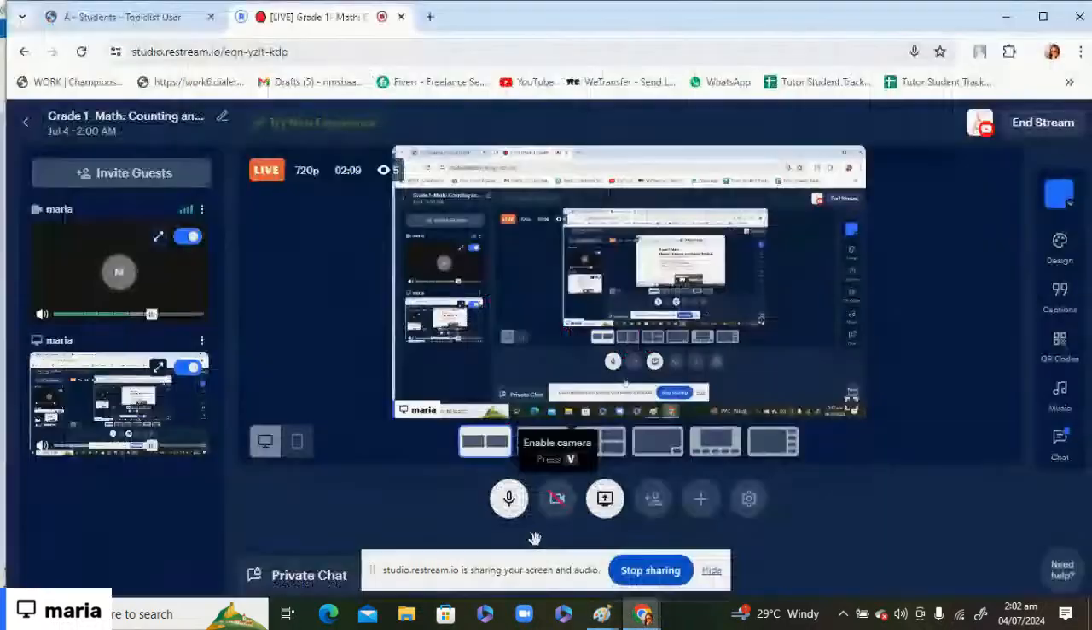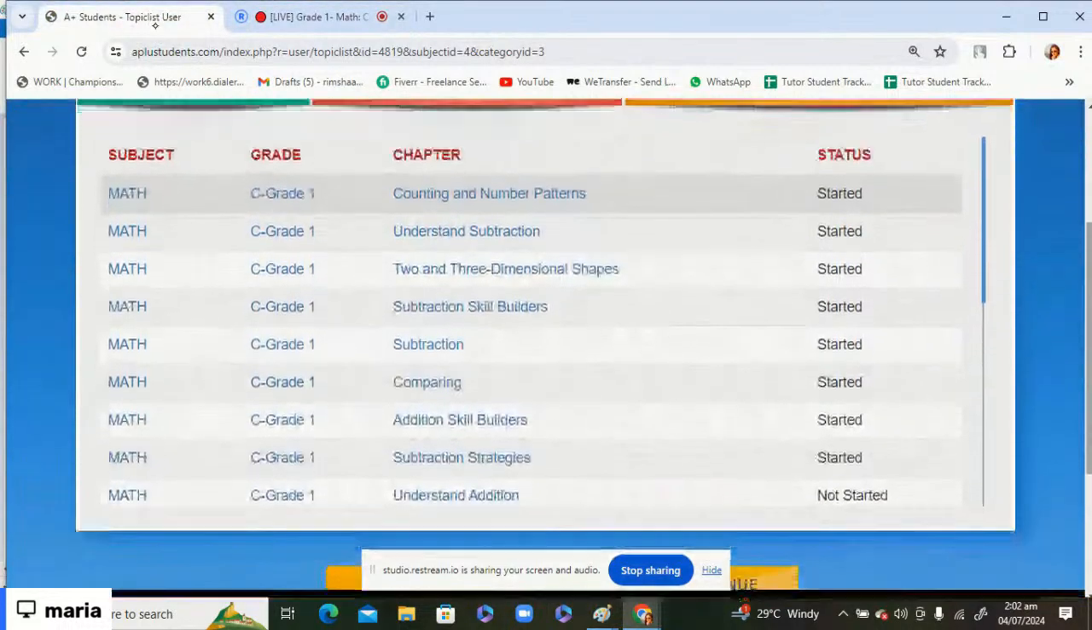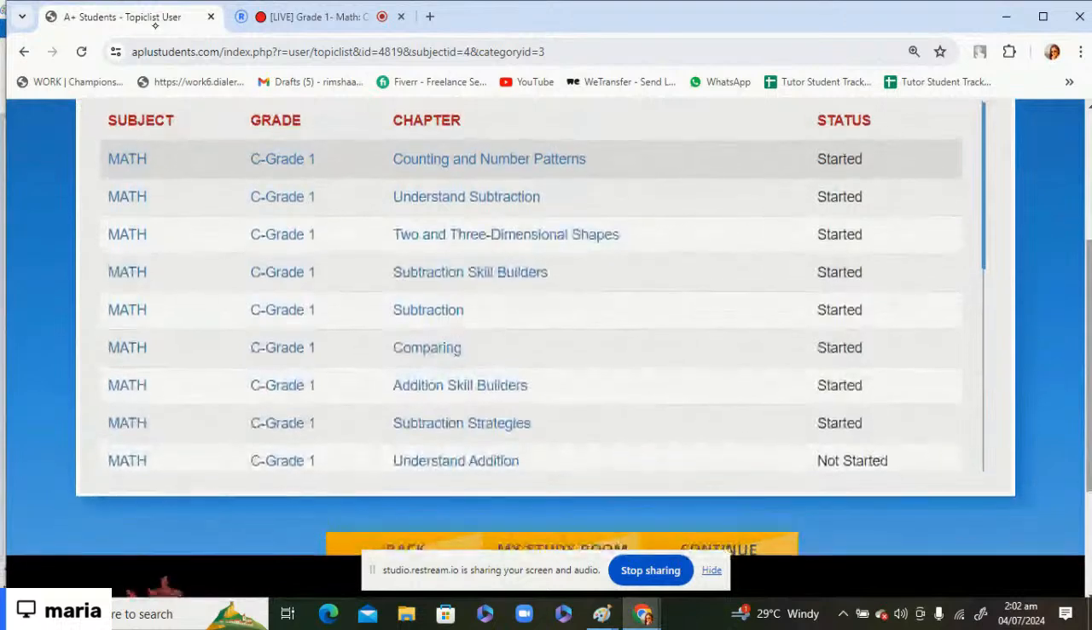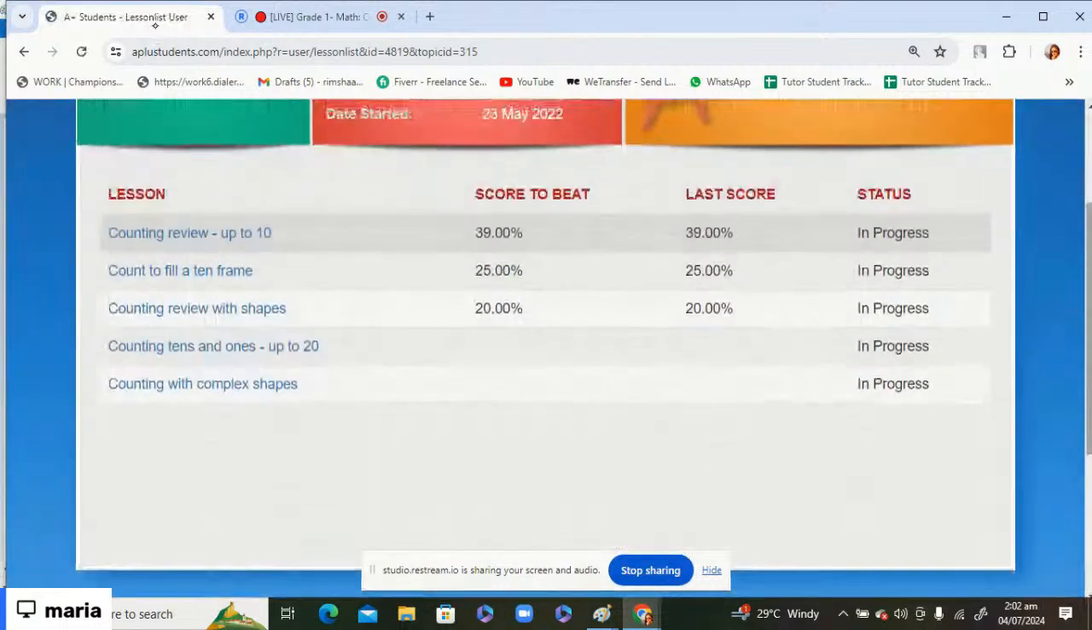So let's just open. Go to the subject tab, select maths from there, and scroll down, there is grade 1 maths. Here is the first chapter which we discuss today, that is counting and number pattern. Then we click there, then continue, and here are the lessons related to this first chapter. Okay, so let's get started with the first one,